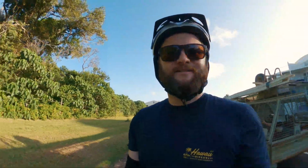No dramas at all through the grass there. I did just have to have a quick break to clear something out of the back trucks, a big piece of bark or something, but it's the second time on this ride so far, and you certainly do notice the difference in terms of clearance. Obviously the last wheels I had on this setup were pneumatics, so